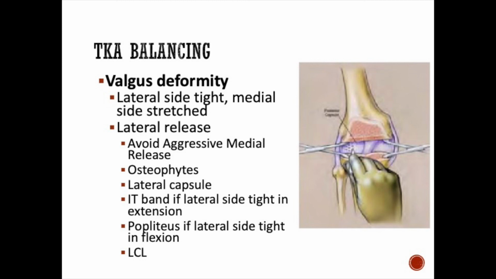Then as you come around anteriorly, if you need to, you may have to release the iliotibial band off of Gerdy's tubercle, or you may have to pie crust it. If you're significantly tight in flexion on the lateral side only, but balanced in extension, then you want to release the popliteus tendon. It's a flexion-based tensioner because that's where it gets tight. Finally, your last resort is releasing the lateral collateral ligament. Just like if you release the medial collateral ligament, you will need to either repair it or switch to a